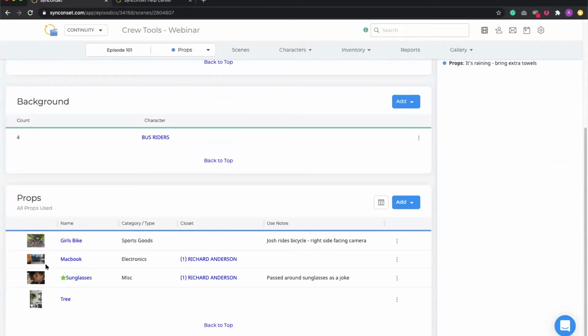On this inventory table, the blue add icon is going to give you the ability to create a new prop, add from an existing prop that you've already created, so anything from the inventory index, or maybe you have repetitive scenes and you just want to copy the same group of props from one scene to another. All options here on the scene view, but I did want to point out that if we do create a new prop,